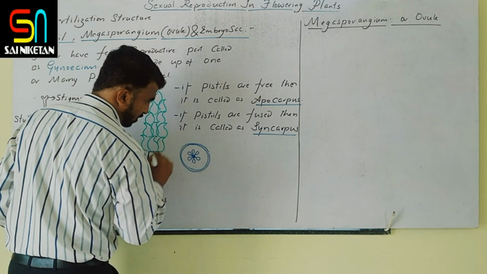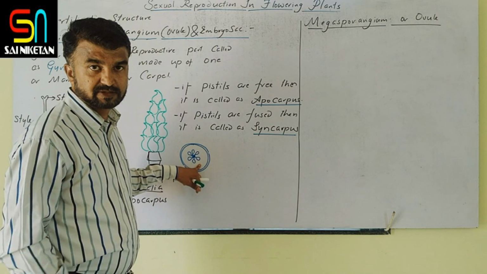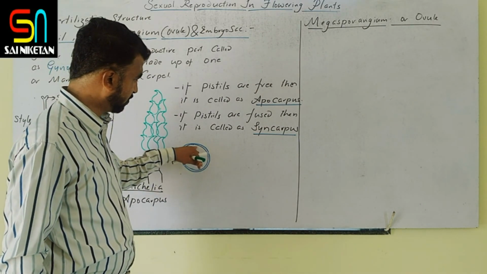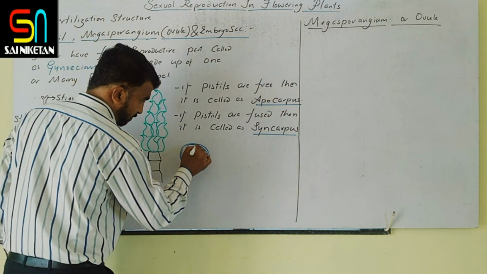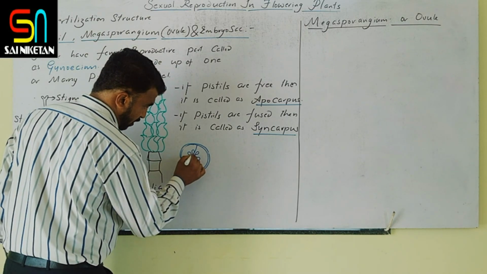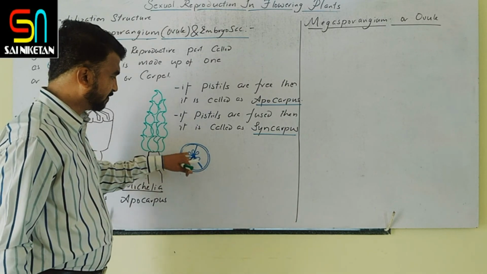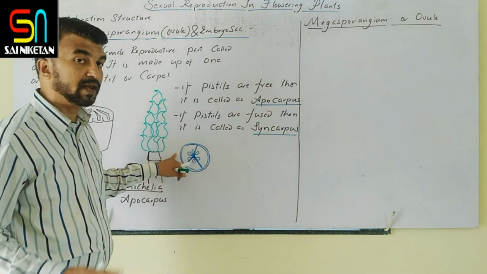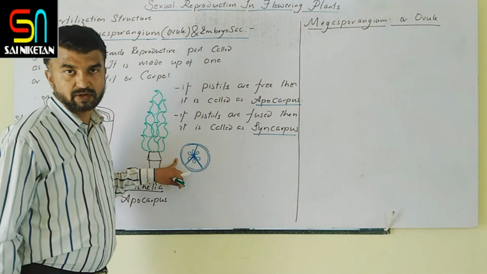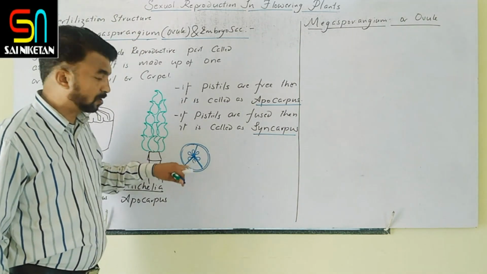Yes, this was it. If only one cavity is present, clear, then it is called monolocular. One chamber is there, clear. If the septa is present in between this placenta and the ovary wall, more chambers are formed. Now three cavities are produced. More chambers. This is trilocular. Suppose we add again, it is pentalocular. Clear. So in this there is a cavity, and in it the ovule is attached to the placenta.